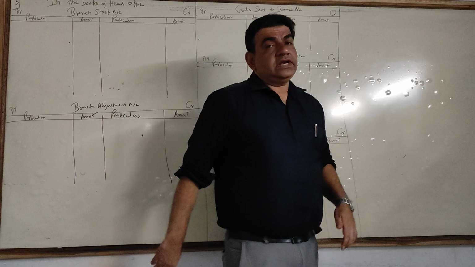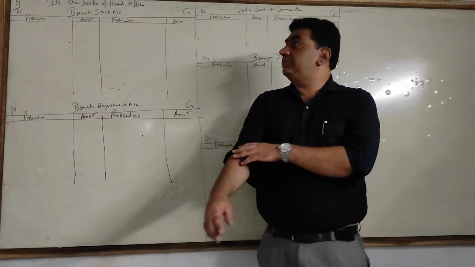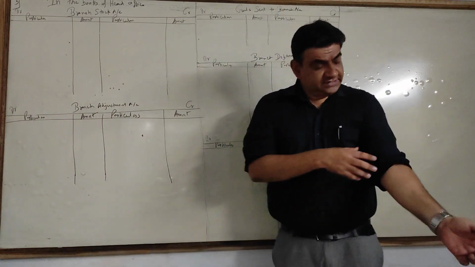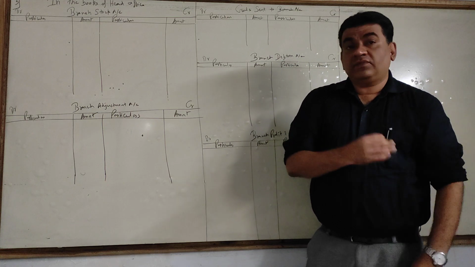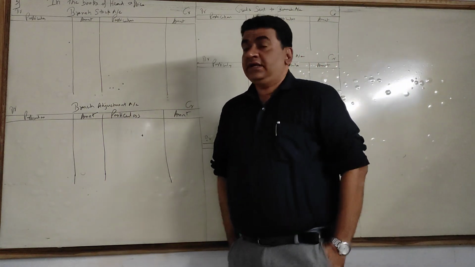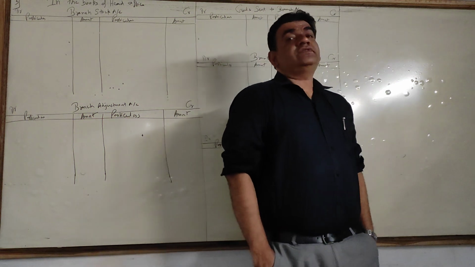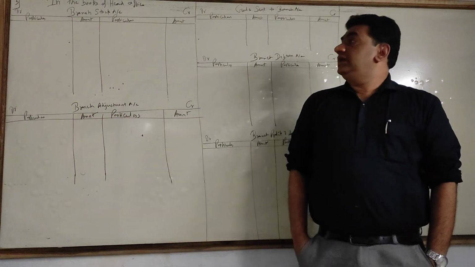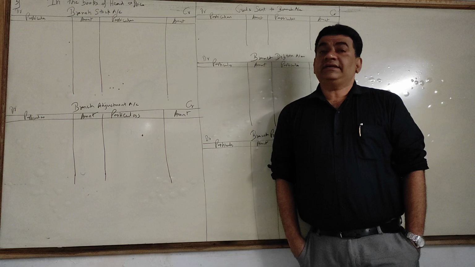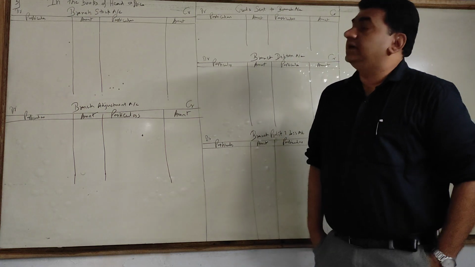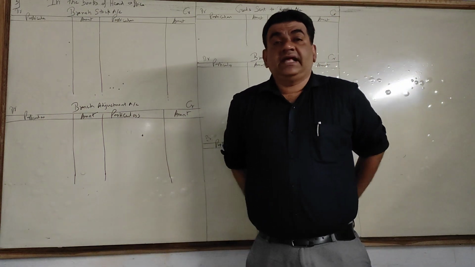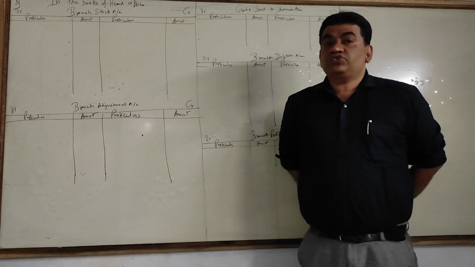In the previous two classes, we started with the second method of branch account, that is stock and debtors. We will continue with the same. As I mentioned earlier, in the previous two classes, we did sums where the goods were sent at cost price. Now, today I will take the important part where the goods are sent by the head office to the branch